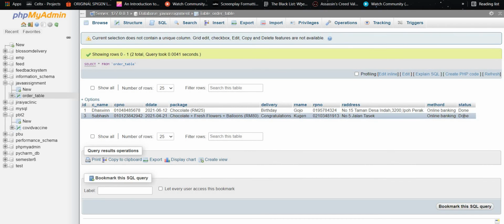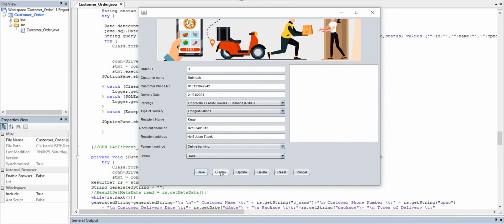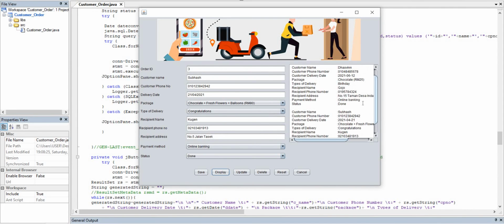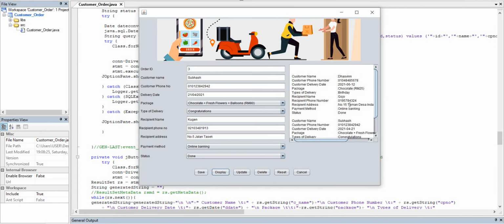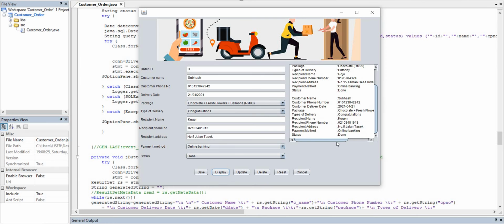Here the third entry, ID 3 Subhash, and the phone number, date, package, delivery, who to who, the phone number, address, and which kind of method to pay, and the status. Okay, now we go see the display. Here we can see the previous database entries, which were entered before this, and just now we entered Subhash.